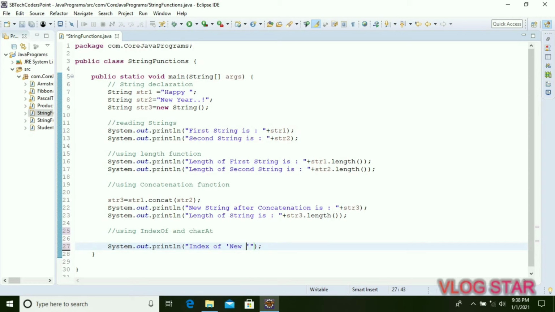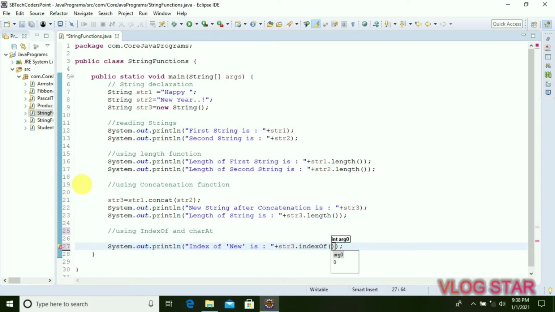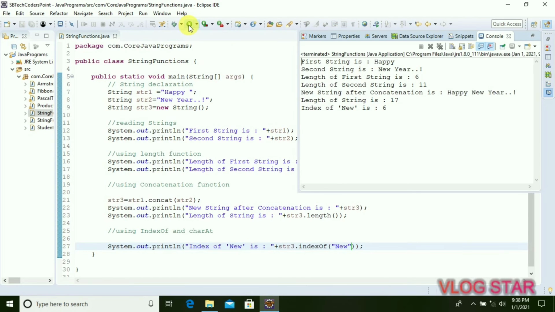Now we will find index of new word. So we can find index for character as well. So new is plus str3 dot index of function, and here we have to provide that word which is new. Now save changes and run program.